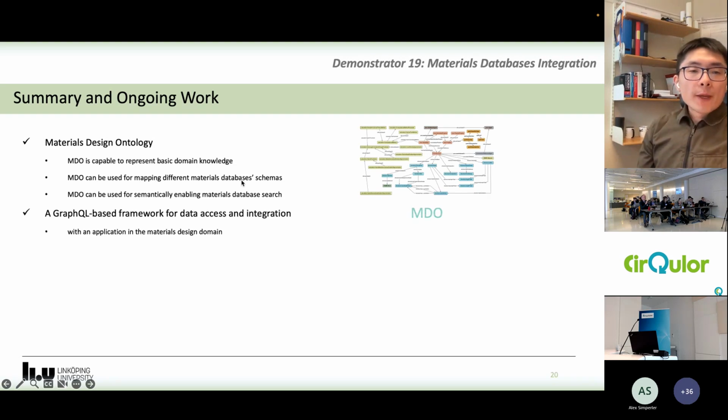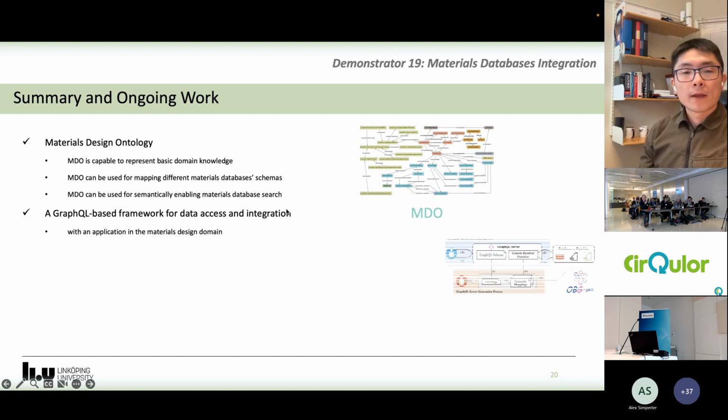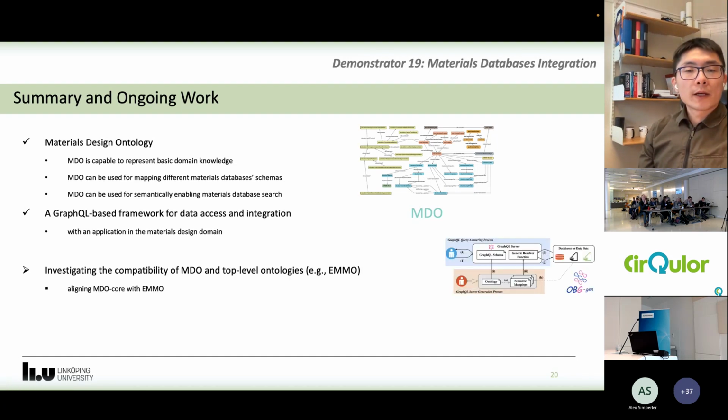And for our GraphQL-based framework, we have already started to develop a web interface to interact with the GraphQL server so that users can write some simple queries instead of the complex GraphQL queries. Then in our demonstrator, we are also investigating the compatibility of our materials design ontology and top-level ontologies, for example, EMMO ontology.